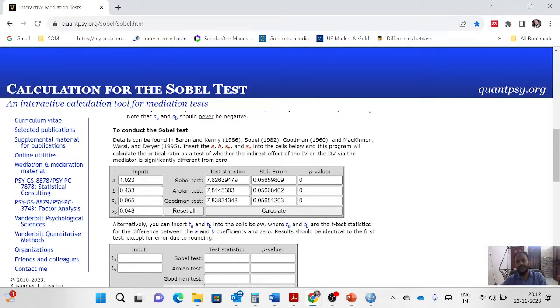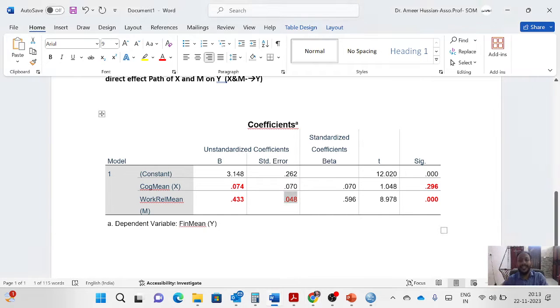I'm more interested in checking the p-value. What is the value of this p? The p-value is almost 0, which means that the indirect effect is significant, right? So that is how I come to a conclusion that yes, there is a strong mediation effect. Why? Because